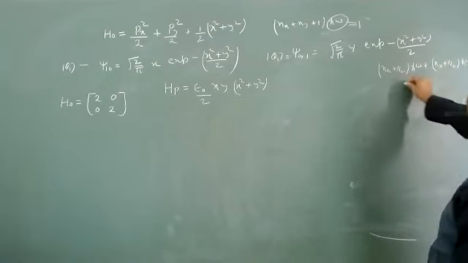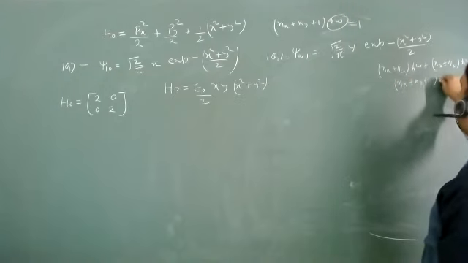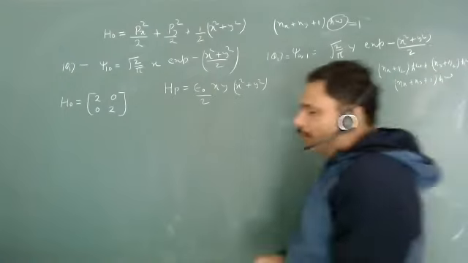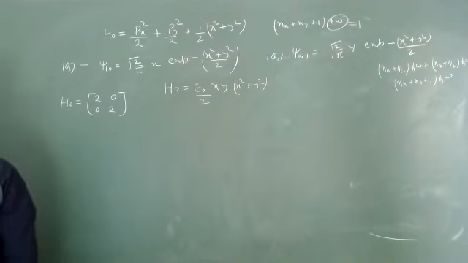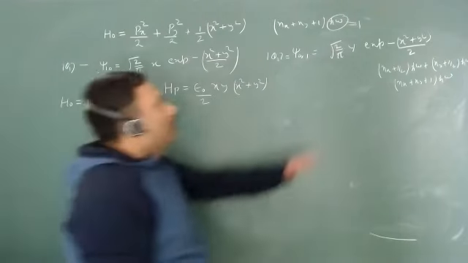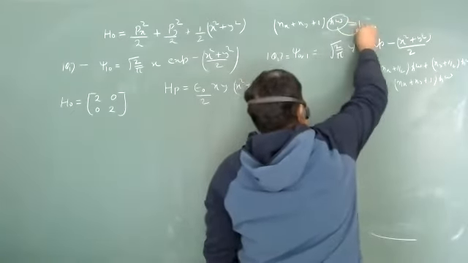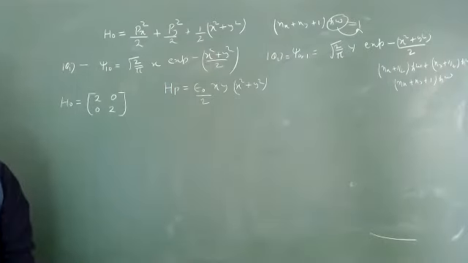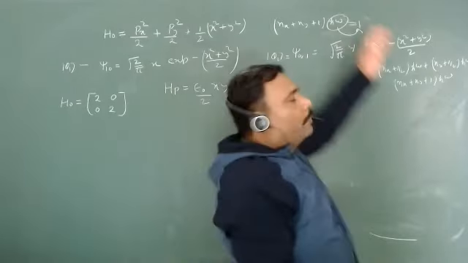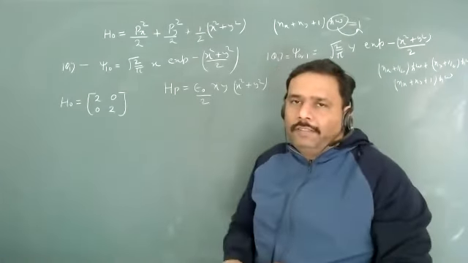So when you add it, you will get nx plus ny plus 1 times h cut omega. Remember your two-dimensional harmonic oscillator? h cut omega is equal to 1, I have taken it as 1. Are you getting this? This is just for the number. h cut omega is just a number; I assume it is 1 for simplicity. Otherwise, you can put in the value of h cut omega. Don't worry.